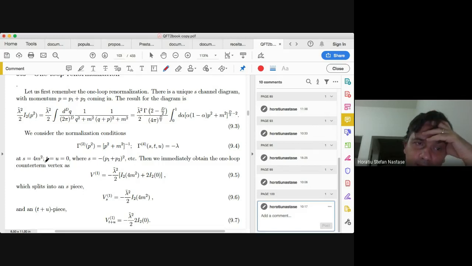And S is equal to 4m squared for our normalization condition, plus then I of T, in which case P is P1 plus P2 plus P3. But in our normalization condition, T equal to 0, plus I of U, in which case P is equal to P1 plus P3. So, and the minus is,